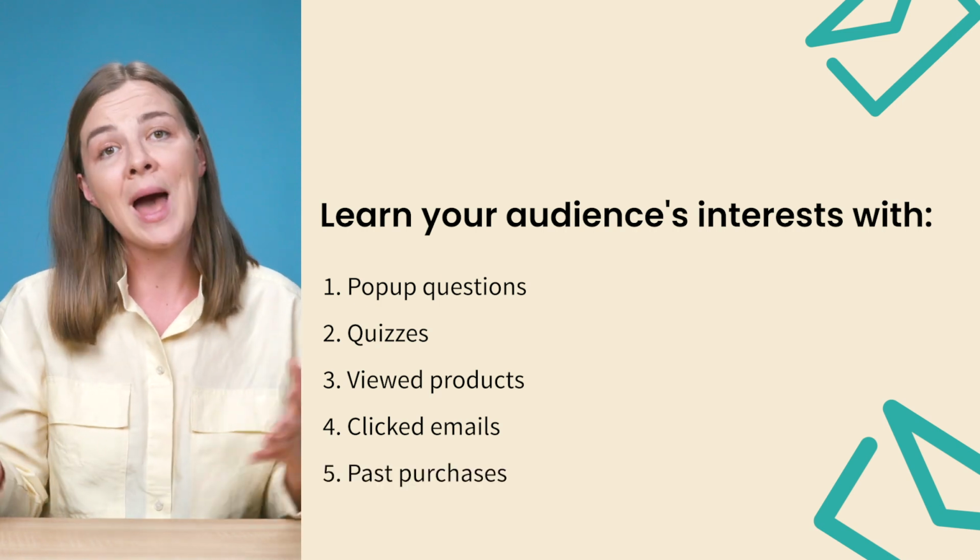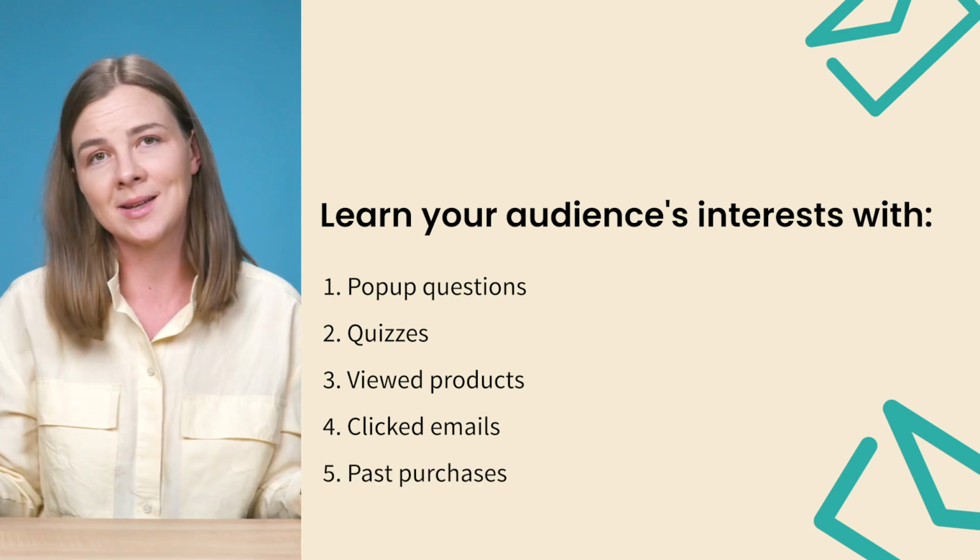And then of course, past purchases are a great indicator of somebody's interest. So speaking again of swimwear, if they bought a one piece in the past, most likely they're going to buy a one piece again. Or if they bought a two piece in the past, most likely they're going to be more interested in emails that you send about two pieces. So interest-based segments are definitely a very, very important type of segment, and you should build all the possible ones in your account and then send campaigns to them and see how your audience performs.